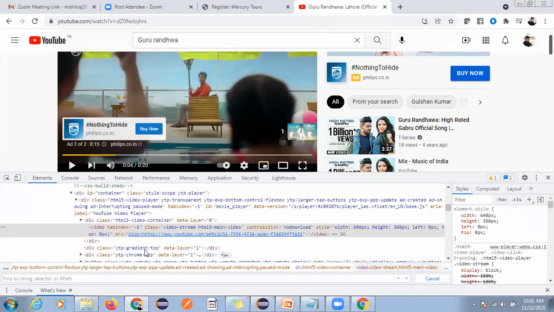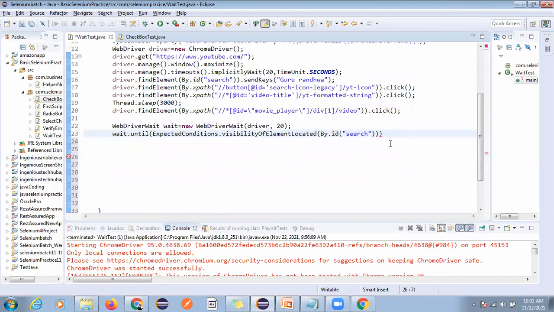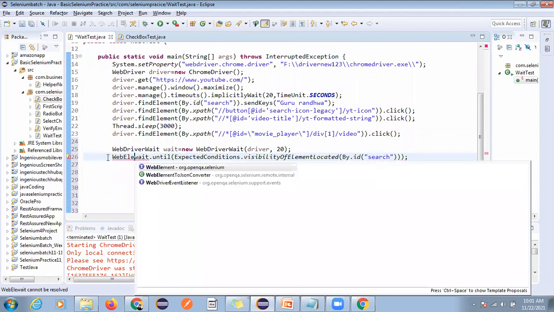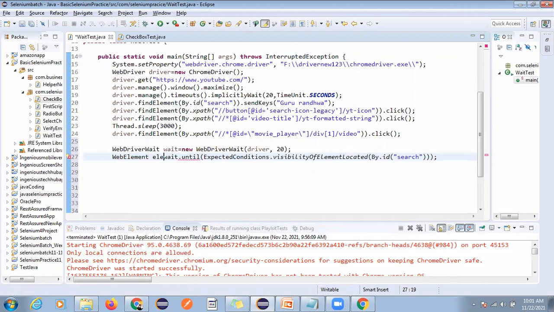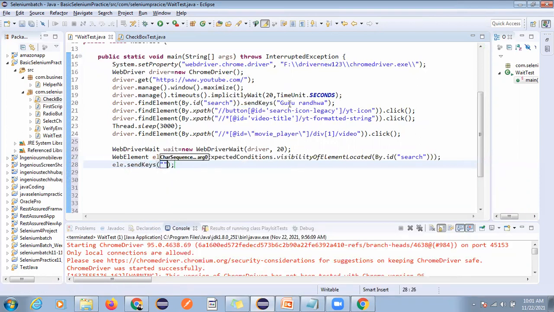Okay, I will give you one more thing. Sometimes what happens, see, I'm using the same ID, search. I'm using this ID, search. And here I will create a WebElement ele, and here we have sendKeys, and we will pass this one.